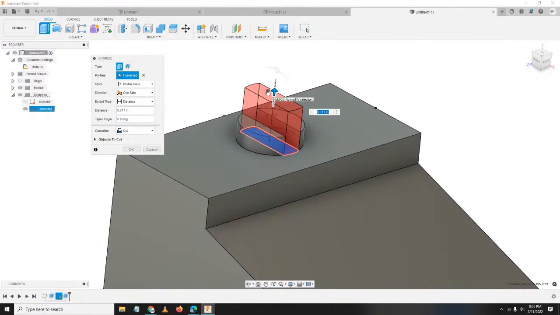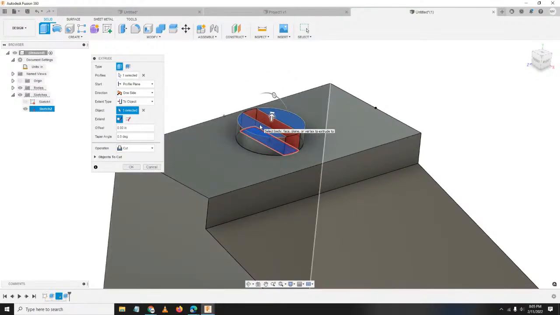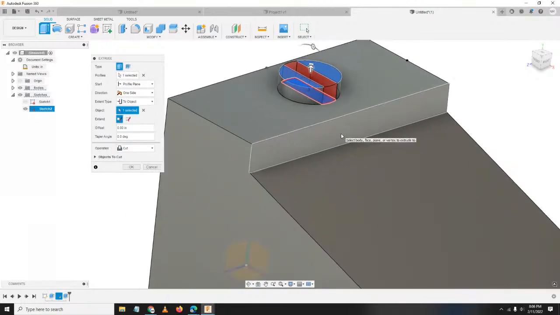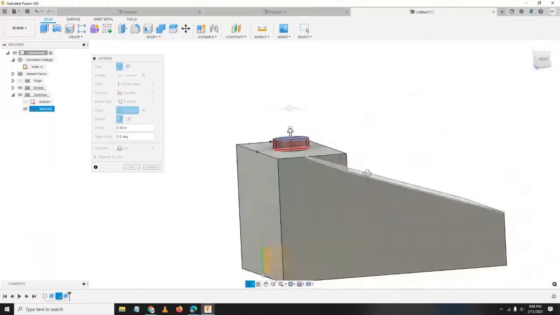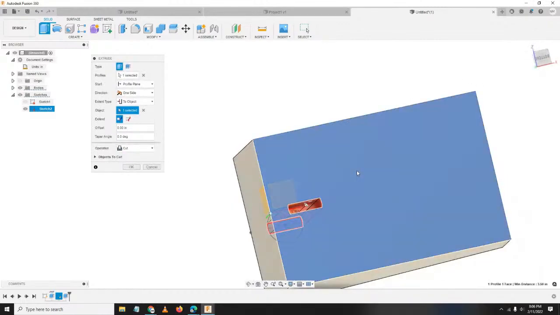So, dito sa cut, meron tayong extend type. So, meron tayong distance kung i-input nyo yung value, to object, and all. So, for example, to object, hanggang dito siya magka-cut. Okay? So, for example, this one, to object natin is ito.